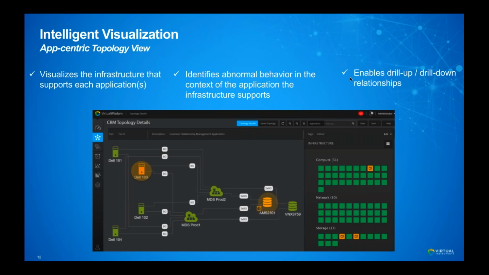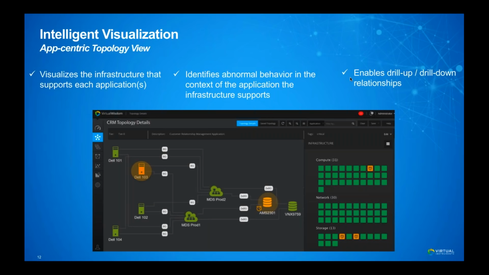We're going to discover and tag that traffic and the correlations in the environment between VM and LUN to a specific application, understand the interdependencies and the components of that application, and paint it for our customers in a topology view that only focuses on the elements of that shared infrastructure supporting that specific application.